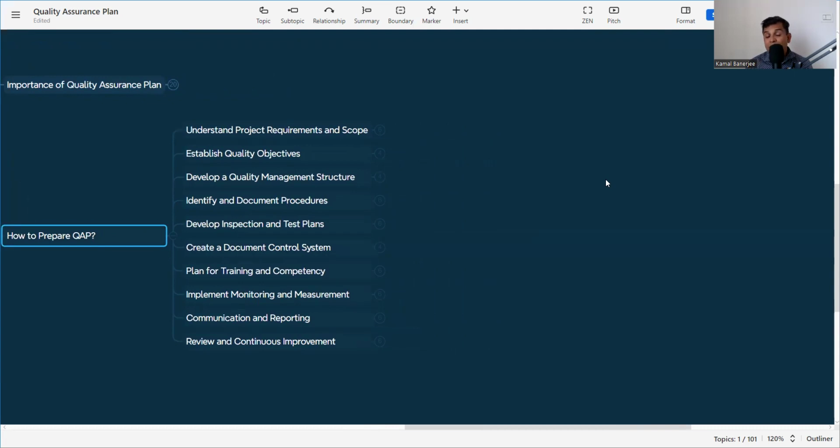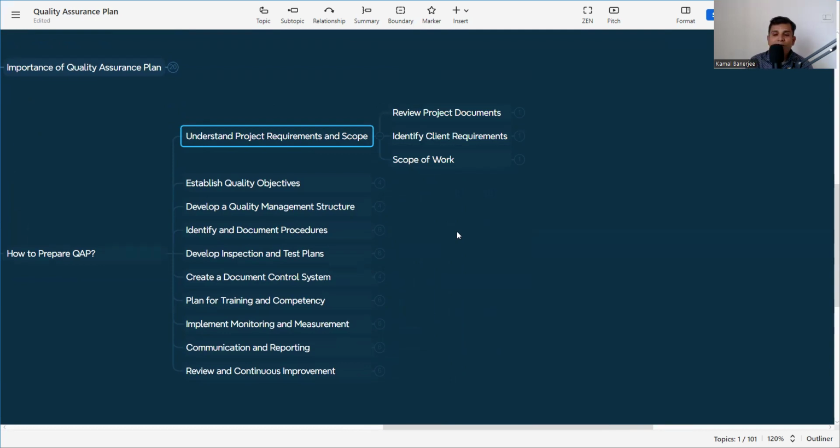Do not skip it. If you skip the video, you will not understand the whole concept of how to prepare a quality assurance plan. First, what we need to know, we need to understand the project requirement and scope. Now, if I need to define anything or deliver anything, first we need to know what my scope of work is. Suppose I need to make a building. Now, in the building, there is block work, there is concrete work, there is facade work. So there are different types of work. But if I don't know what I have to perform, then it is very difficult to prepare a quality assurance plan. The first point is to understand the project requirement and scope.